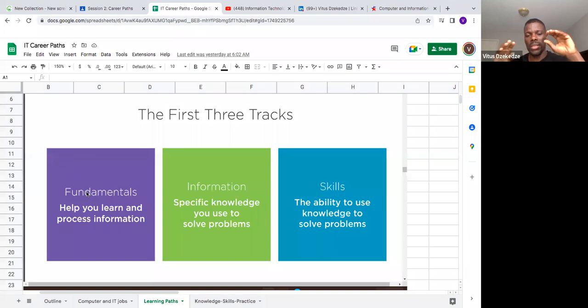Because each company started having its own web browser. So your website is going to look good on Internet Explorer, but bad on Safari, and also bad on Mozilla, but good on Google Chrome. So those were some of the challenges. As someone in an IT career, you have to be able to adapt. Now you have to learn how to code and make sure that your website looks good on each one of